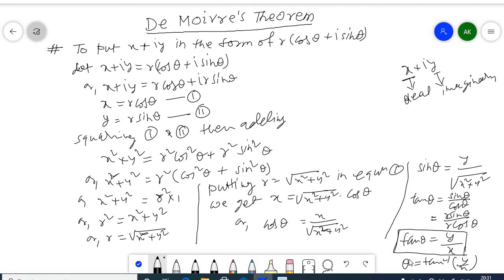These are the formulas which we need to prove the